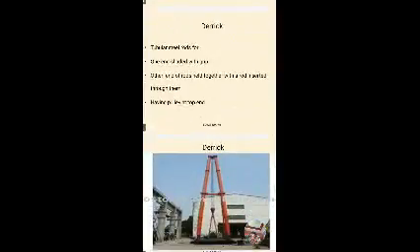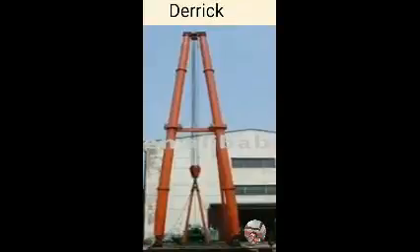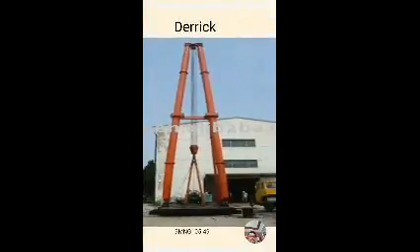I would like to show here. You are seeing the tripod. These two are the legs. Another leg will be on the other side. From the top of the derrick, a wheel will be provided. From that, a rope is drawn.